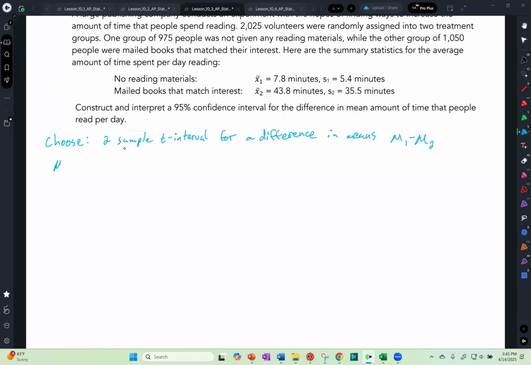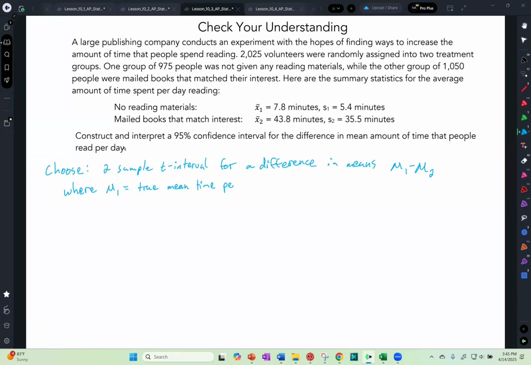I will remind you when it's a two sample thing, I like just doing mu1 minus mu2, where mu1 is the true mean time people not given reading materials will or would spend reading, while mu2